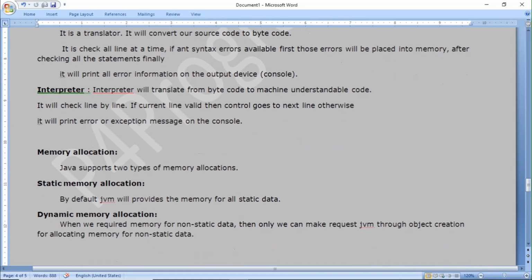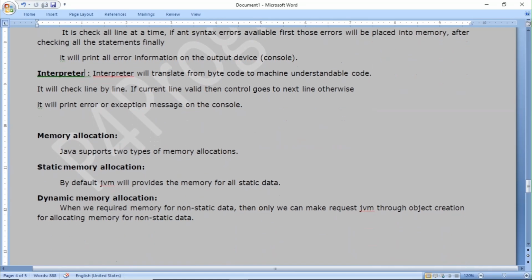Whenever we are talking about memory allocation, Java has two types: static memory allocation and dynamic memory allocation. Static is also called global variable.